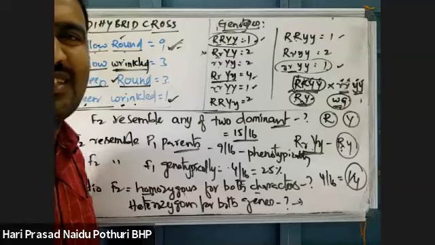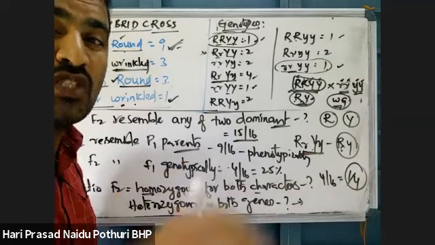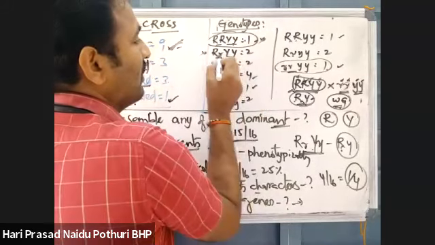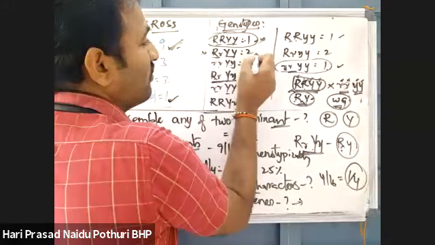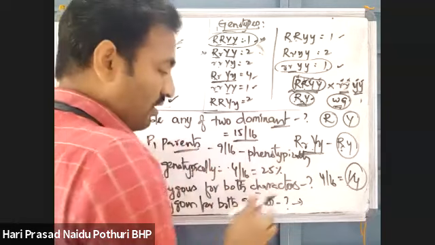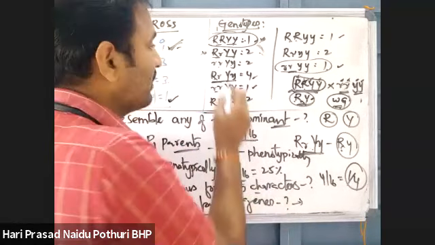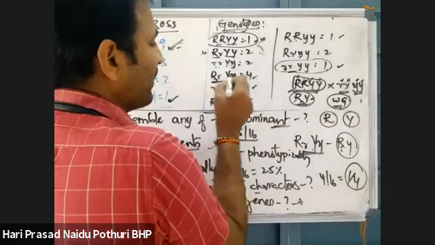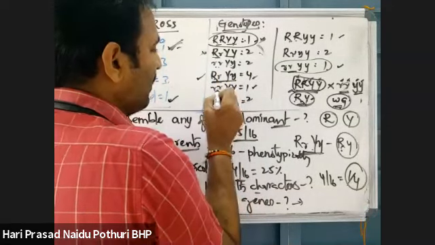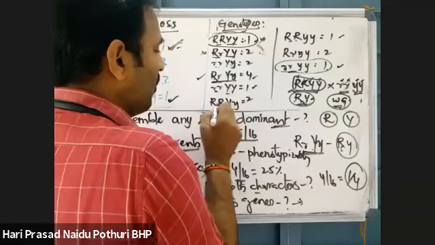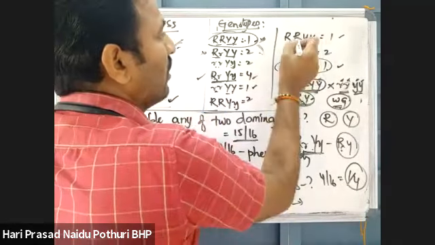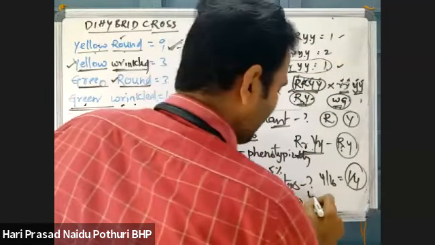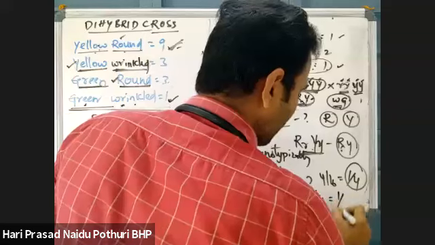How 12 was heterozygous for both genes? See here, this is both genes are homozygous. No, this is heterozygous, but this is homozygous. No need to consider because both genes are not heterozygous. This is homo-hetero. So no, this is hetero-hetero. We can consider this. Hetero, homo-homo. No. Homo-hetero. No. Homo-homo. Hetero-homo. Homo-homo. No. Only 4 by 16. That is equal to 1 by 4.